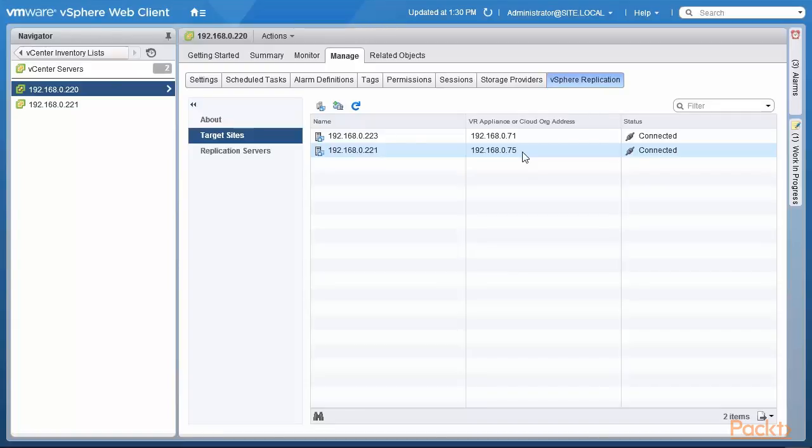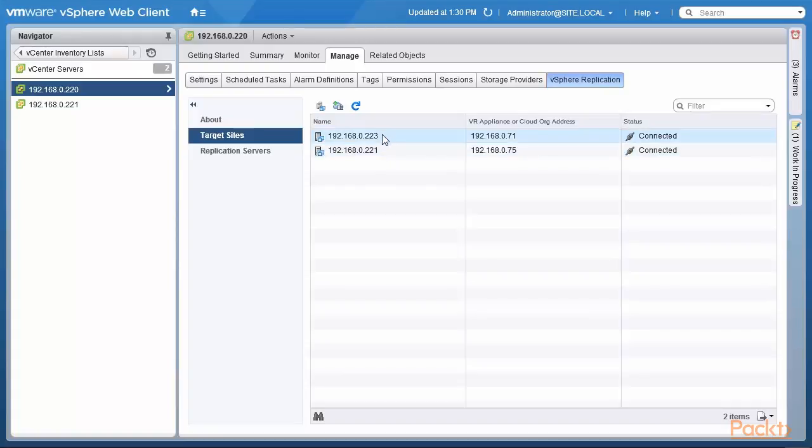Now, of course, one would not do that in real life because in all probability, you will either be replicating from a branch to headquarters or from a branch to a disaster recovery site, right? I mean, those are the only two likely options. You're unlikely to be replicating from branch to branch. Anyways, we can take a look at replicating from branch to branch by seeing if we can connect 221 and